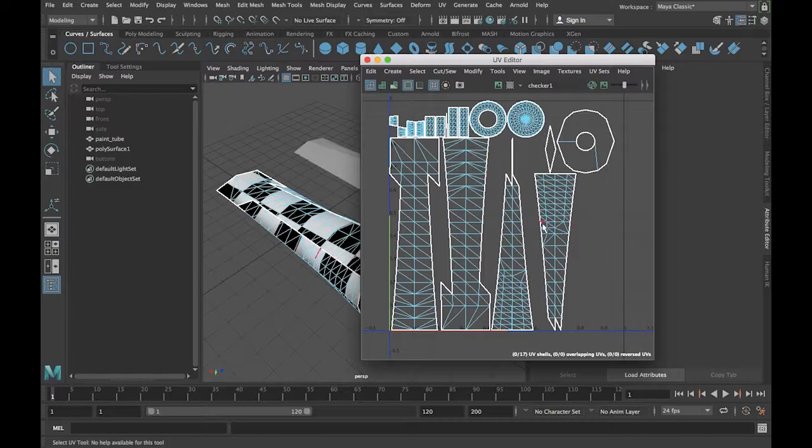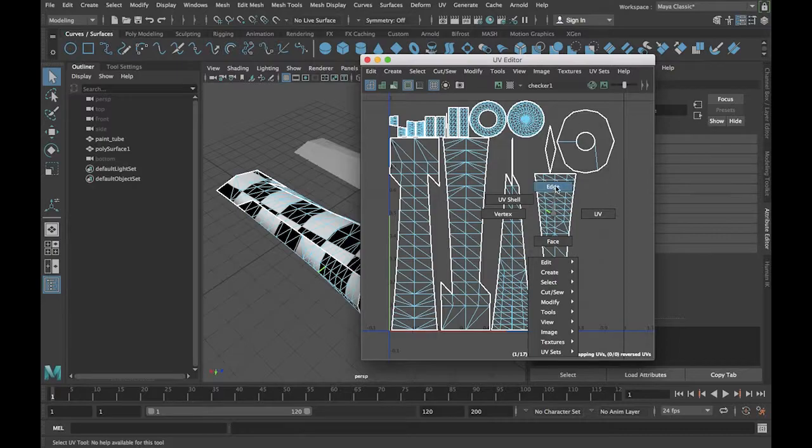So what I might want to do is actually lay out these UVs a little bit differently. I've done the automatic layout, which has given me a decent layout. At least I'm able to understand what's going on here. It's a little bit more legible the way that these UVs are mapped than based on the default, where they're overlapping each other. But I might want to move these larger areas around, because this seam doesn't really look very good, right? So what I can do in here is select a number of